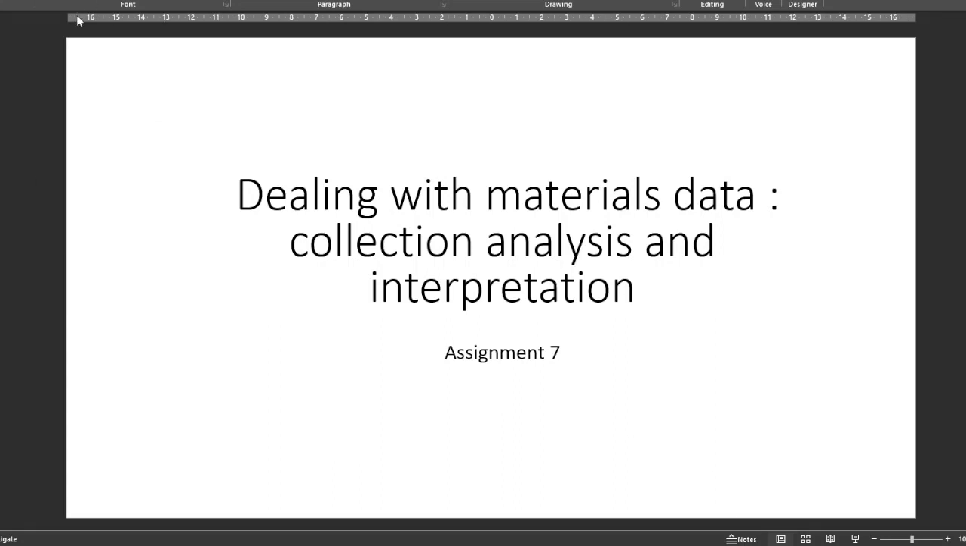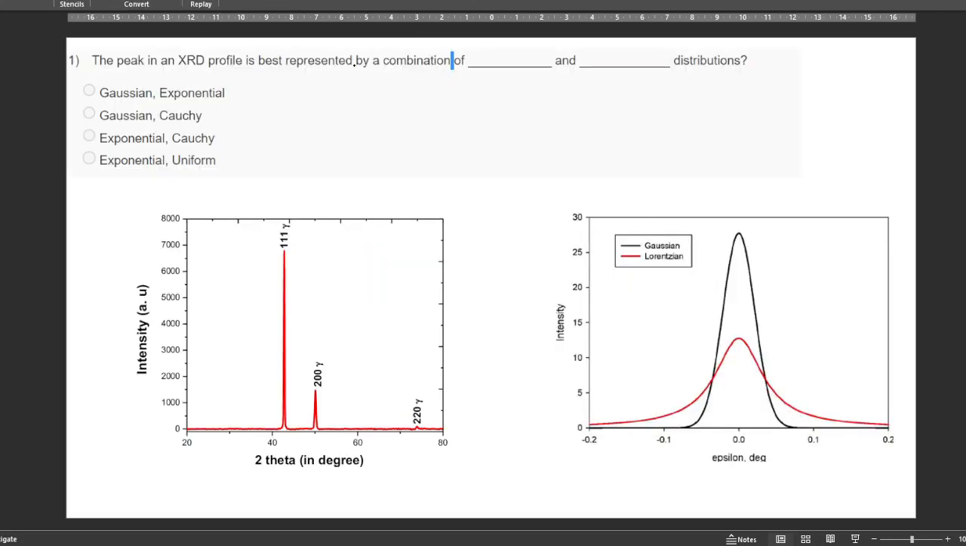Okay, today we are going to discuss dealing with material data analysis and interpretation course assignment number 7. Let's go to the first question. So the peak in the XRD profile is best represented with a combination of... So this is the representative image of